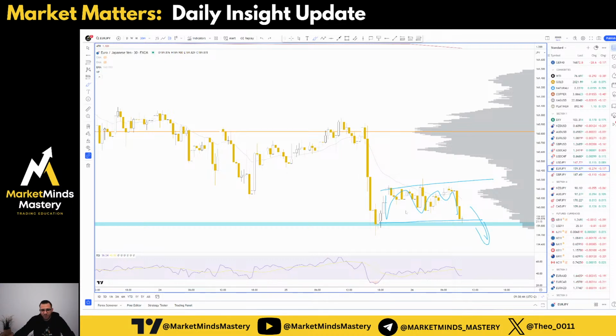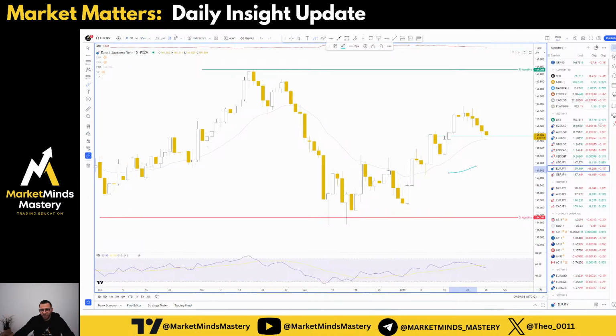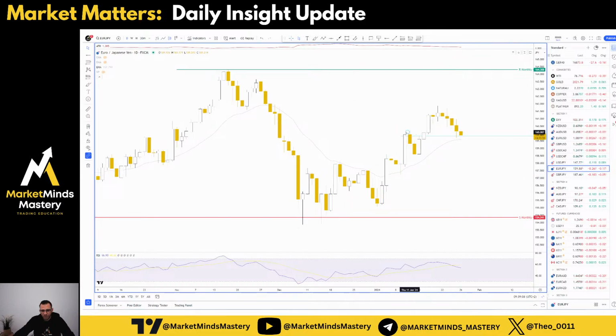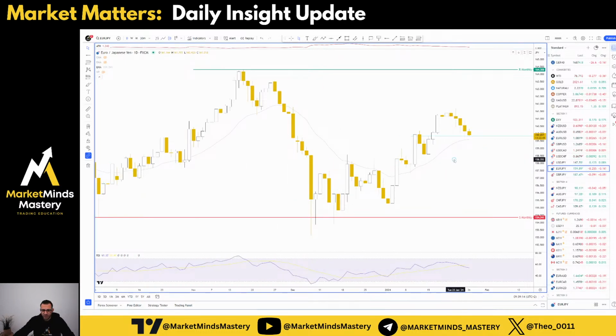I said most likely because we are at an area of support and we don't know what's going to happen here, guys. Price may push to the upside. Okay, but understand what the market tells you. And how did we come to this conclusion? Simply, we looked at the daily chart. So even if you're not going to trade the daily chart, always look at the daily chart to grab your support and resistance. It's going to help you enormously, guys.